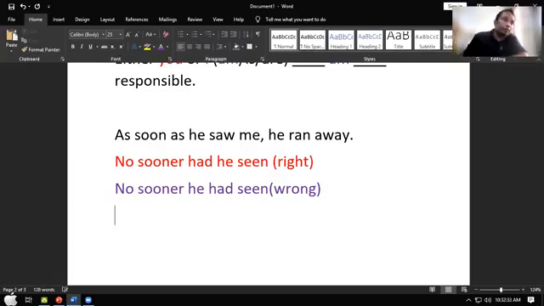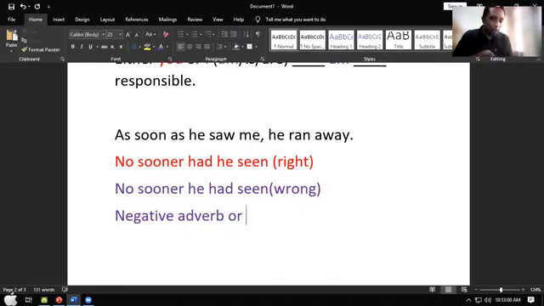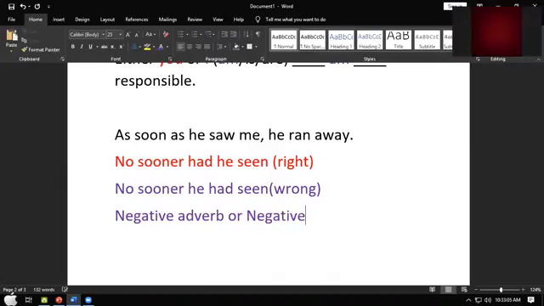Then listen to me. If we start an assertive sentence with a negative adverb, or a negative adverb phrase,